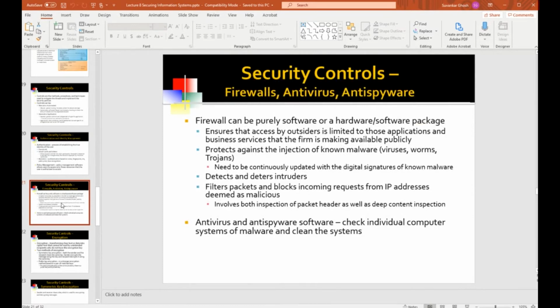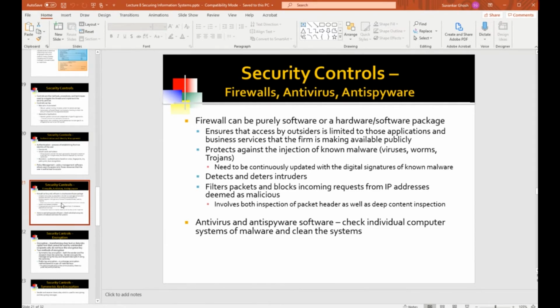Now we talked about these viruses and worms and whatnot getting into your IT infrastructure from the internet and infecting your PCs and servers. How do you protect against that? Well, the firewall is the default software that protects you against the malware coming in from the outside.